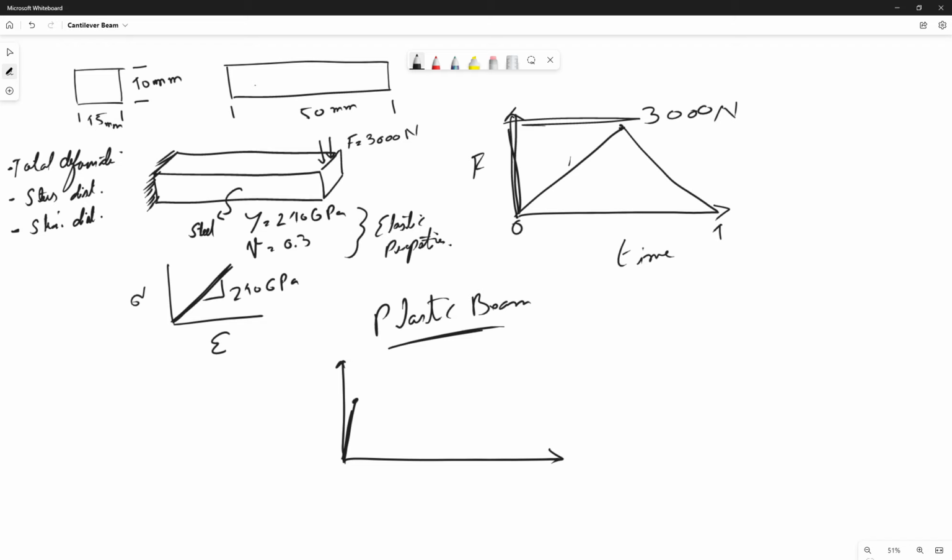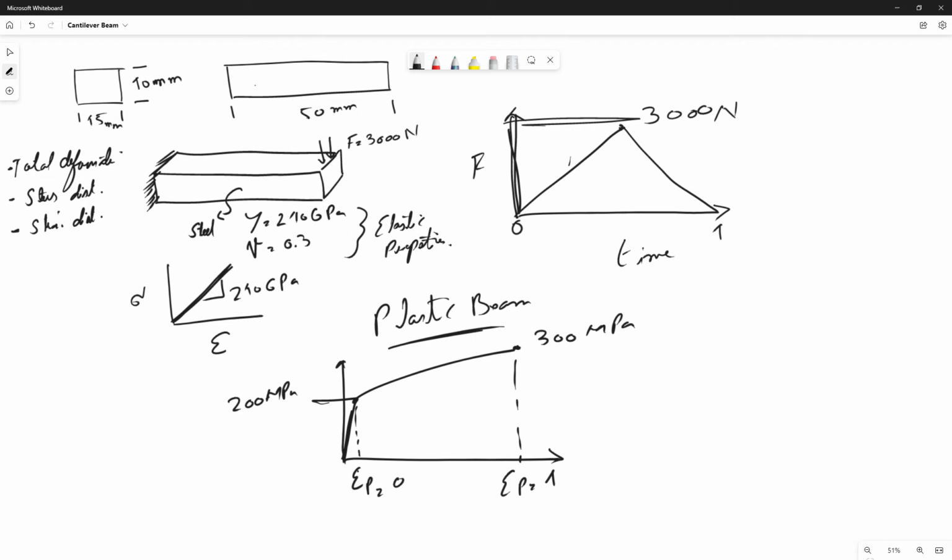And after the yield point, we have the plastic deformation behavior of the material, and we will define this as 200 megapascals, and we will define this point as, let's say, 300 megapascals, and this initial plastic strain will be equal to 0, and this final plastic strain will be equal to 1. Okay, and